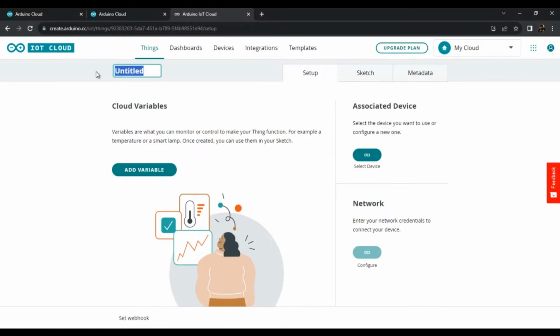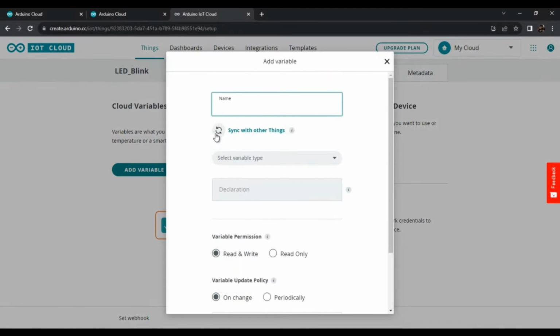Now you can create a thing like LED blink. And you can add any number of variables, n number of variables, depending on the project that you choose. Here we are going to give the name for the variable. So I'm just going to give LED pin. I can say LED state,